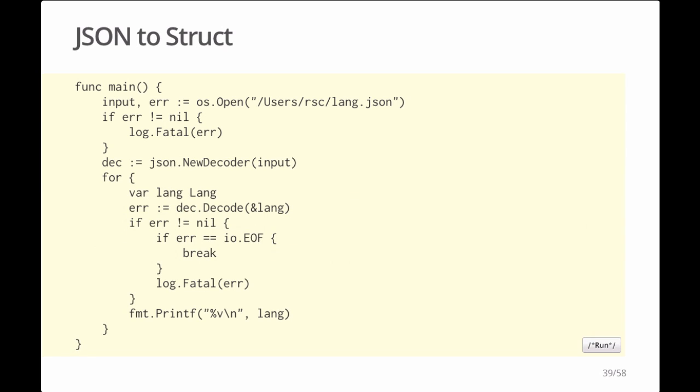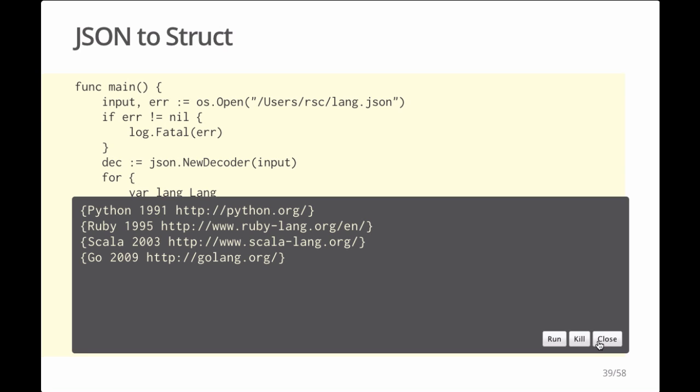To do that, we're going to replace the io.Copy call, and instead we call json.NewDecoder to create a decoder that reads from the input, and then we loop decoding each value into a lang and stop at EOF. And when we do get a lang, we print it with %v. So if we run this, this is printing the same data that was in the input file, but now we're printing it by decoding each of the values into a lang struct, and then passing that struct to printf. Now notice there's no special code for the lang type. The JSON decoder is just running the inverse of the encoding process.